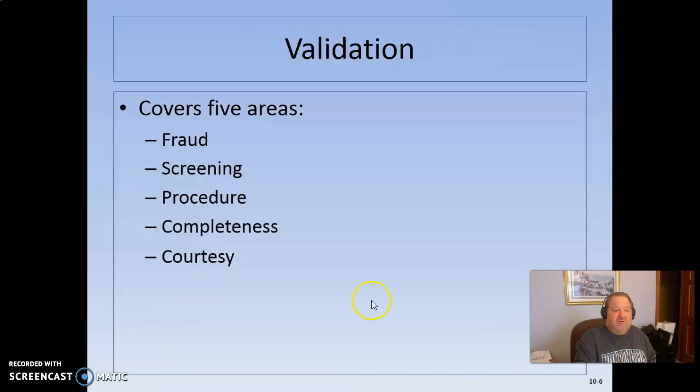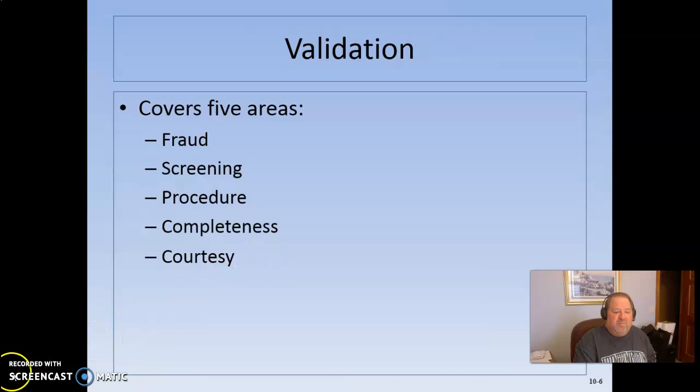So in the validation stage, we want to make sure that fraud did not occur, that the proper screening questions were answered, and we don't have people answering the questions who were not qualified. For example, they weren't over the age of 18, or they didn't meet one of the other screening criteria. We want to make sure the research procedures were followed, complete survey data was obtained, and that the researcher was